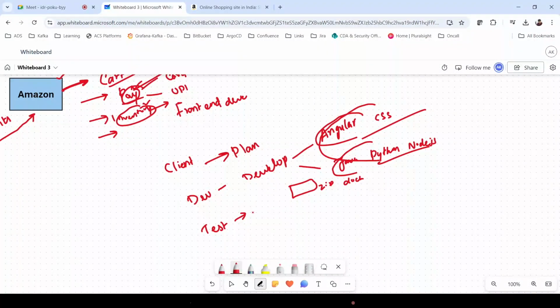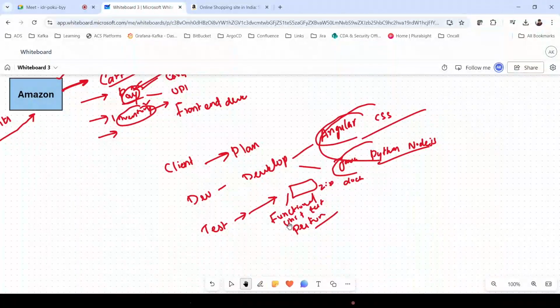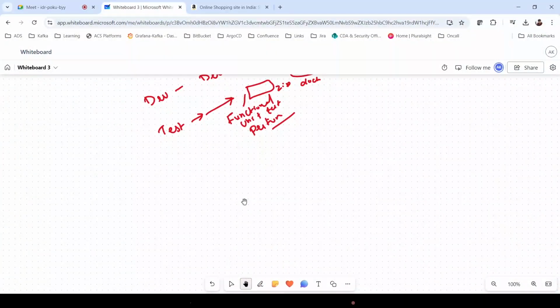The testing team will do different types of tests: functionality tests, unit tests, performance tests, and all the other tests. Once testing is done and everything is fine, it goes to the operations team.